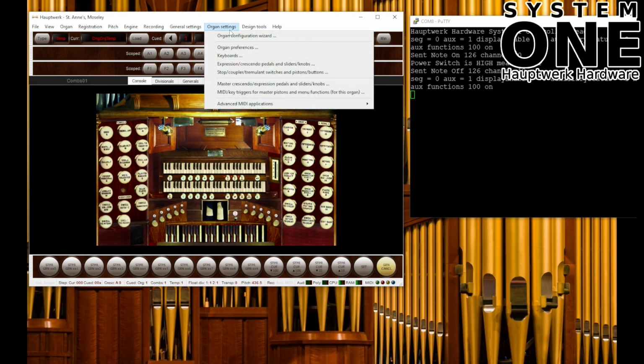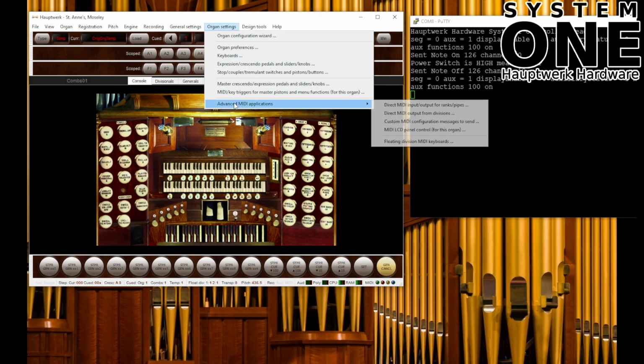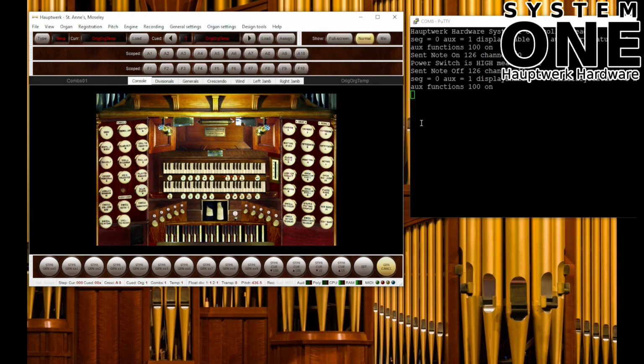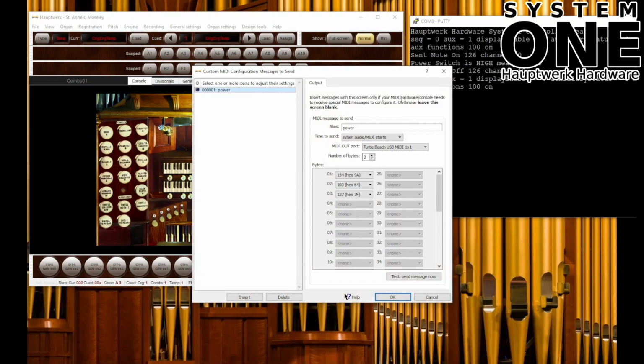But if we go to organ settings and we go from here to advanced MIDI applications, there is the third option down. It says custom MIDI configuration messages to send, and if we click on that, it allows us to add as many as we want. We can do insert or delete for our events on the left, but the way this is configured, I've just given it an alias of power, time to send when audio and MIDI starts, the port to send it to,